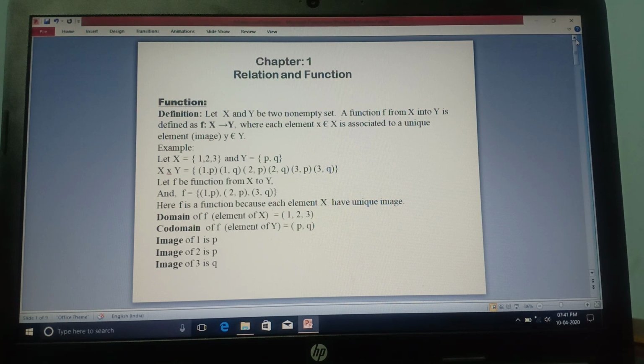Let X be a set having elements 1, 2, 3 and Y be a set of elements p, q. Now their Cartesian product is 1p, 1q, 2p, 2q, 3p, 3q. Now one function is taken whose elements are 1p, 2p, 3q. Now why is f a function? Because